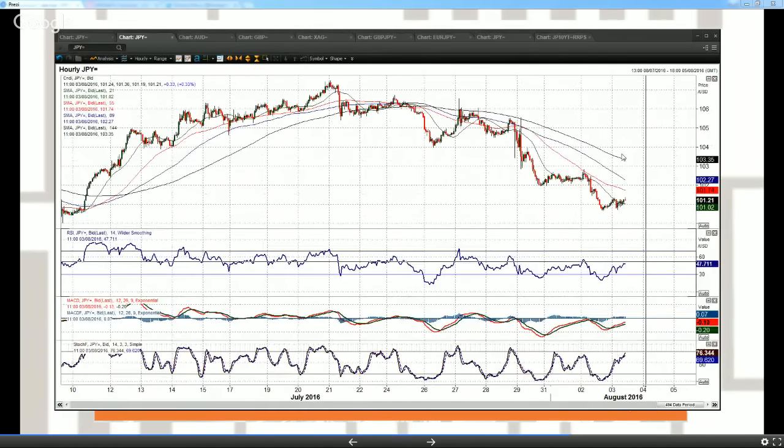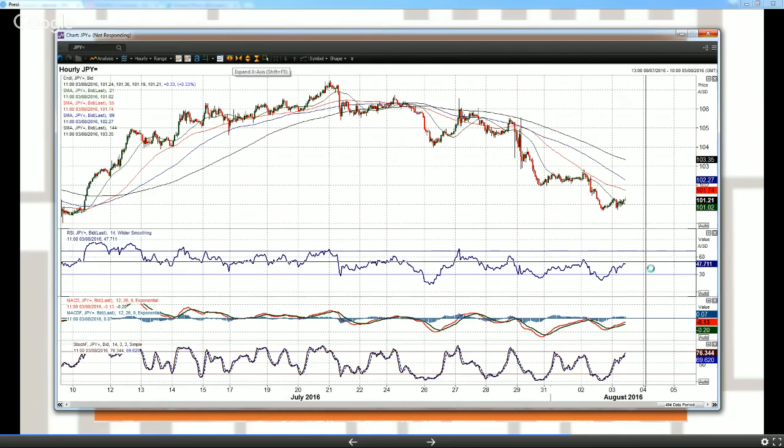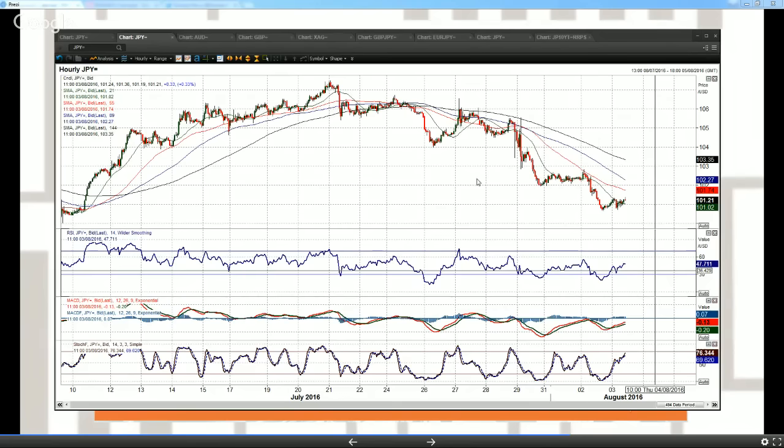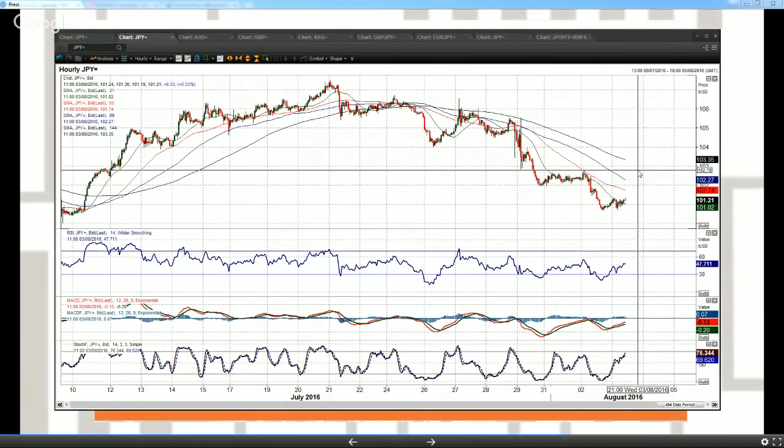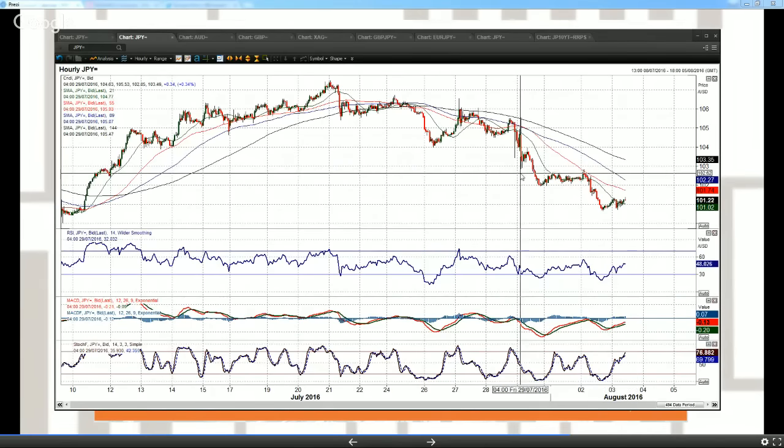Little near-term rally, but look in the context of how the market has moved in the last sort of couple of weeks, certainly since that BOJ decision anyway. Selling pressure, any rallies are being sold into. And I think you get a pretty decent sort of band of resistance, 101.95 up towards 102.85, which is a bit of a pivot, marginally pivotal there, but I think ultimately that it was the low